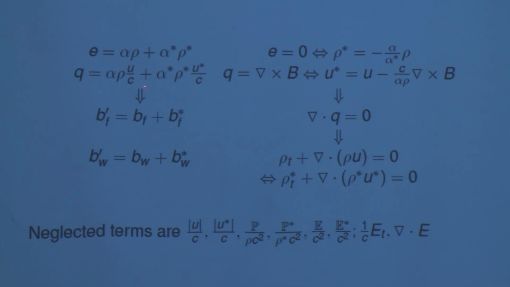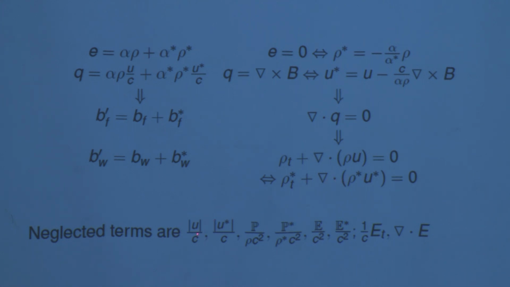Furthermore, with these identifications, it automatically comes out that the electromagnetic force is divided between the two fluids, and the work is divided between the two fluids, exactly as we want to conserve momentum of the electrons. And from this, div Q has to vanish, and that means that the equations for conservation of mass of the electrons and for the ions are equivalent. If you satisfy one, you automatically satisfy the other.